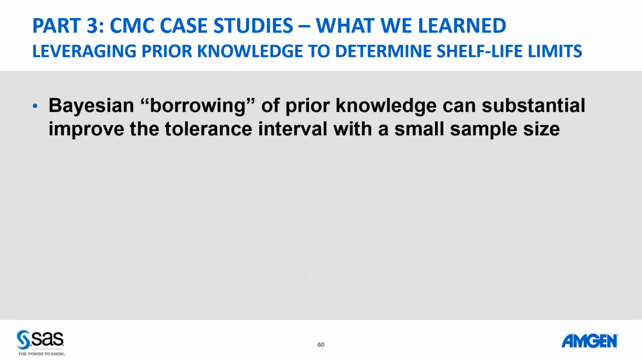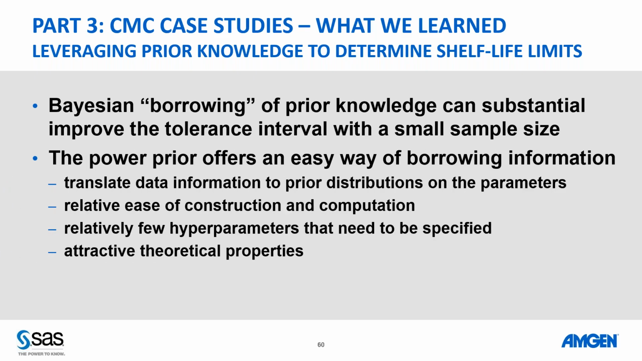So the borrowing really can improve the tolerance interval when you have a small sample size. This was, as I said, a test case and demonstrated that this has potential. We actually did it with another parameter, the CX acidic, and we got very similar results. We were able to recover the information from the 14 lots. So just a few things here, how this power prior works, and it has some attractive theoretical properties. So hopefully you're able to see,